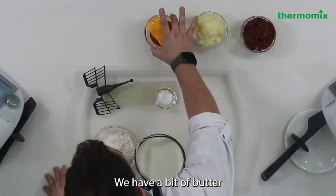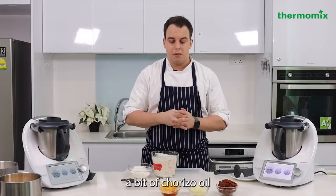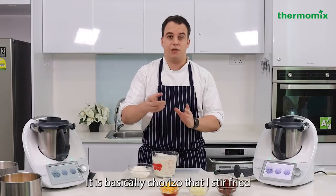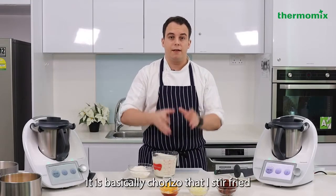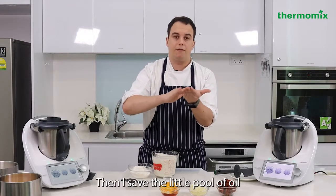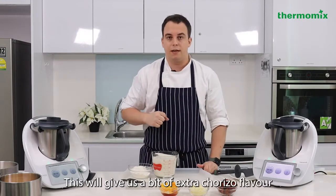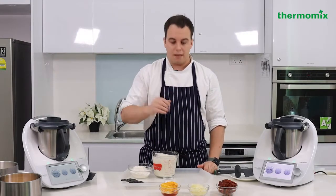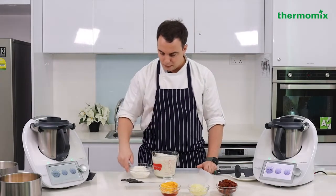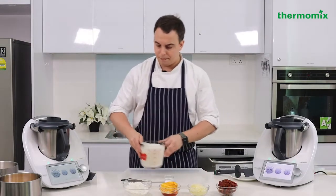We have a bit of butter. You can see it's red. It's because I like to mix this butter with a bit of chorizo oil. This is optional, but it will give you a bit more flavor. Basically it's a chorizo that I stir fry, then I let it sit in the pan, then I save the little pool of oil that is left. This will give us a bit of extra chorizo flavor, but you can skip the chorizo oil and just use the butter. A bit of plain flour as well, milk,